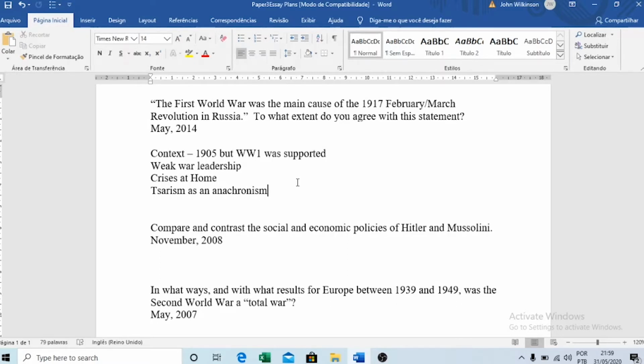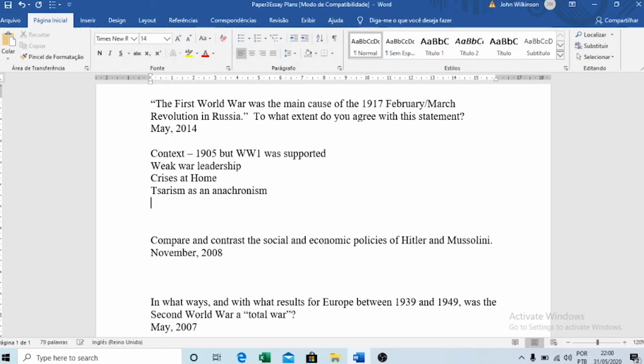I would write about 1905 giving hope with the introduction of the Duma, but then those reforms were very quickly pulled back, and it was as if nothing had ever happened. So I think that would make for a good paragraph, and I would back that up with